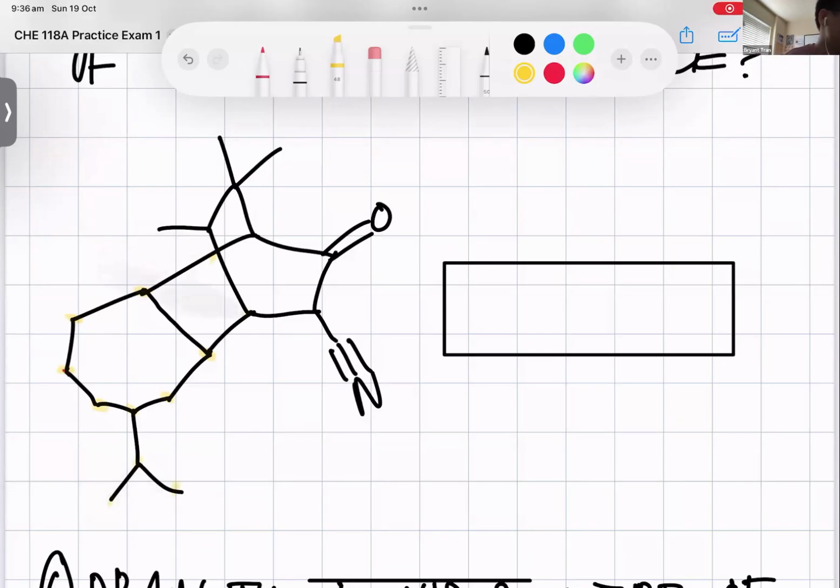Bond line structure is going to be the easiest to read out of all of those, like Kekulé and condensed formula, because it's much more clean. All the hydrogens are invisible, except the hydrogens on aldehyde, alcohol, and nitrogen. On the carbons, they're all implied, except aldehyde.